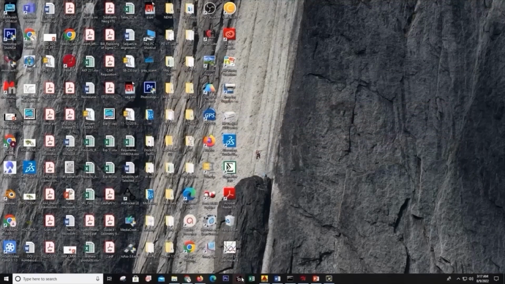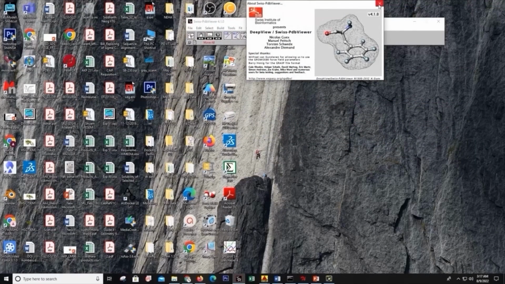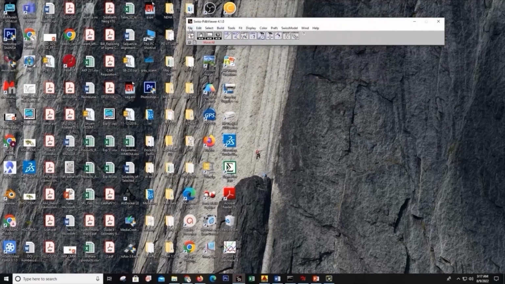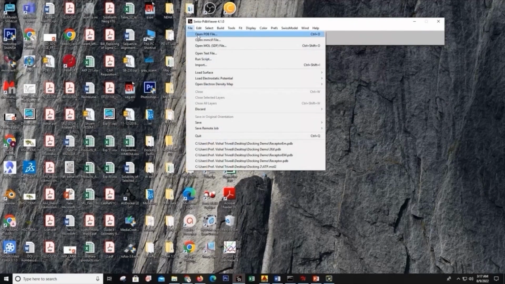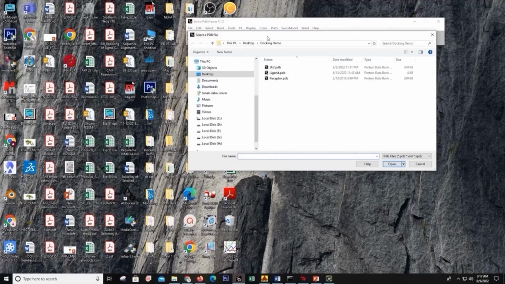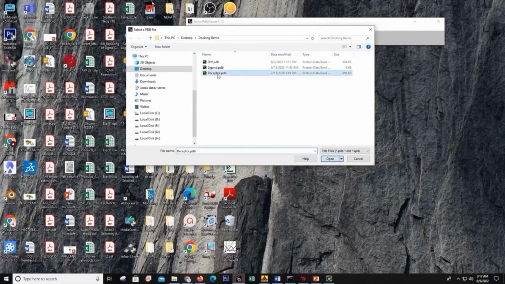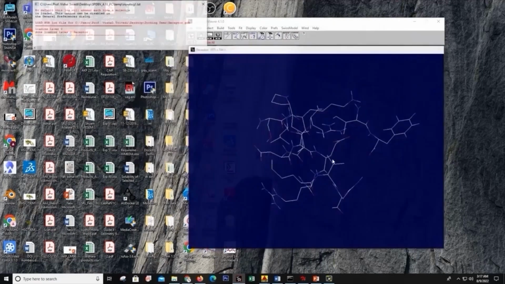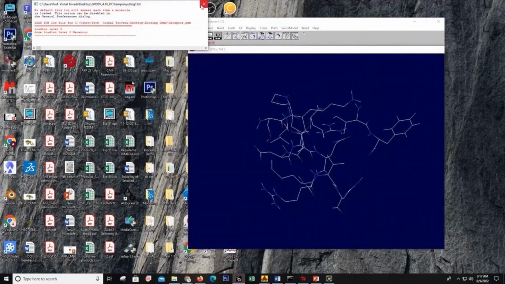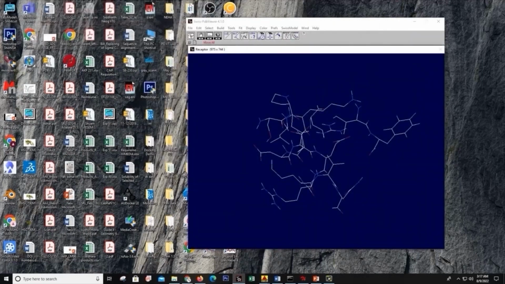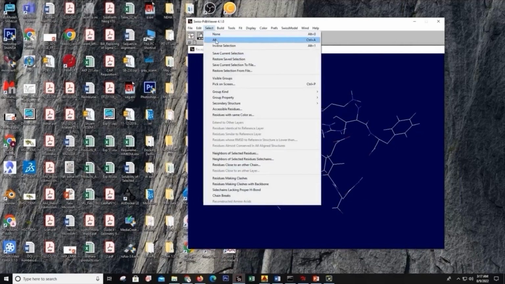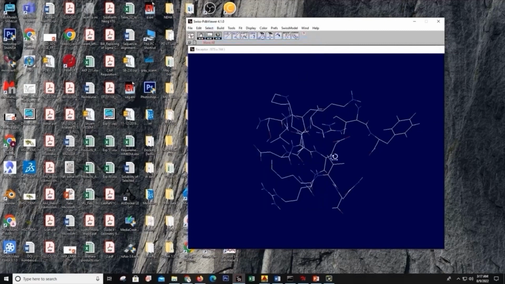This is the Swiss PDB viewer window. Here we will click on File and then Open PDB file. This is our receptor. I will open this structure here. It will show a pop-up. We can close this, then go to Select and click on All. It will select the complete molecule, and then we can just press Control N, which will perform the energy